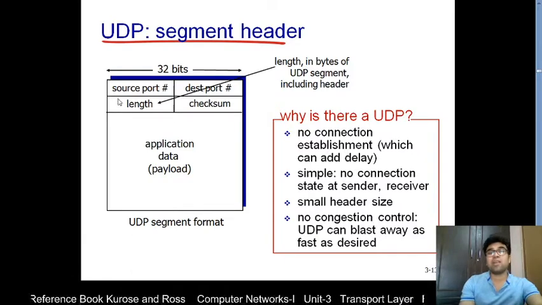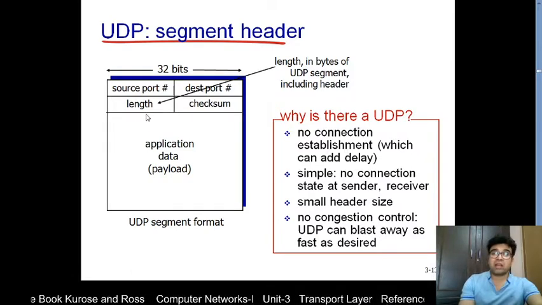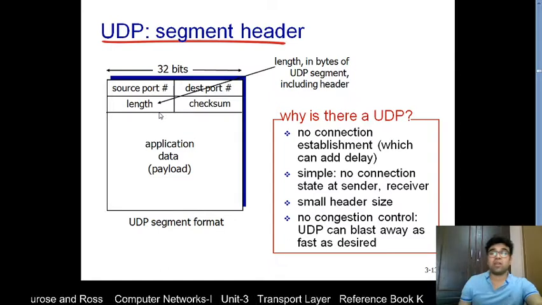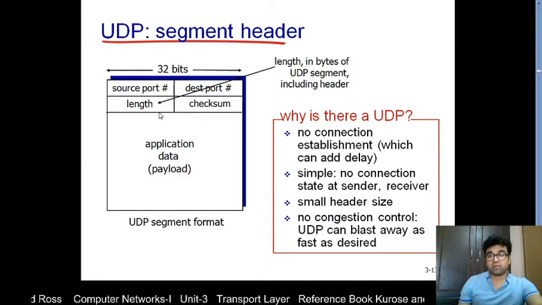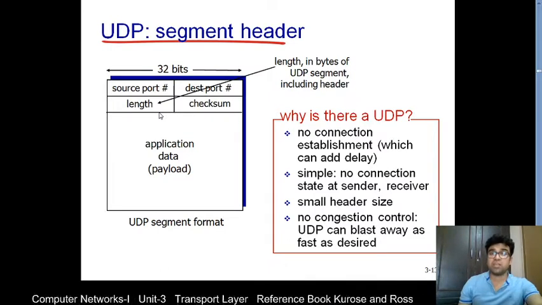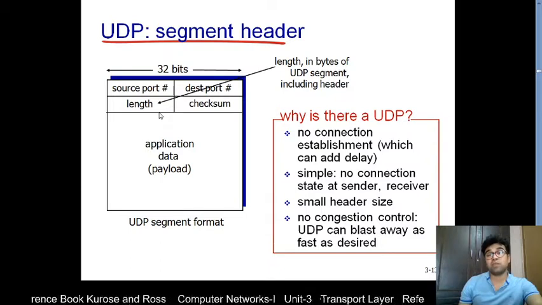Now the third field is length, and as you can see, the length field is also 16 bits long, and if all the 16 bits are 1, then the maximum number which you will get is 65535. So from 0 to 65535. So the maximum length which you can have in this particular field is